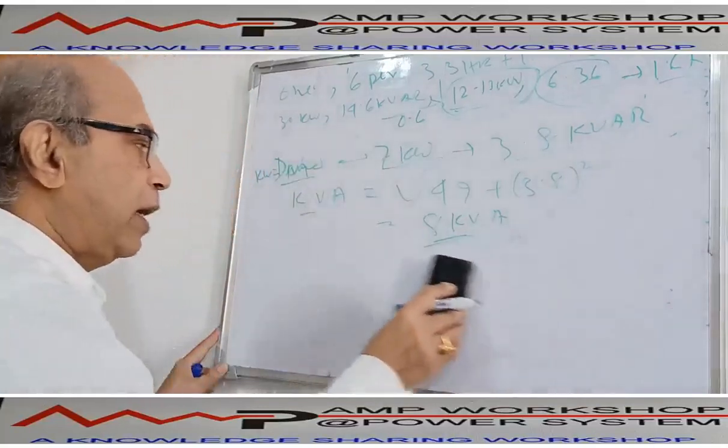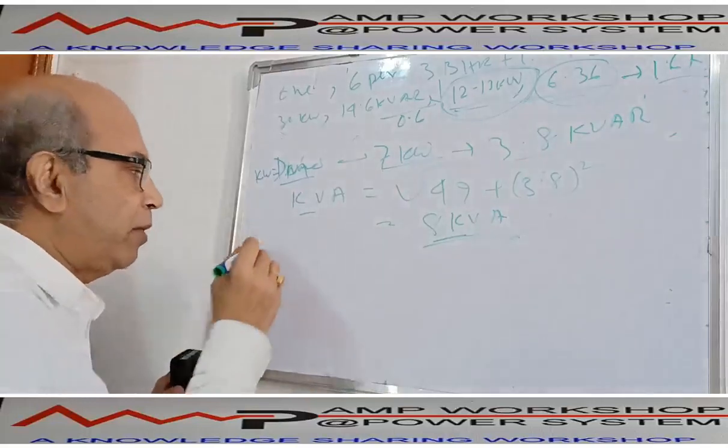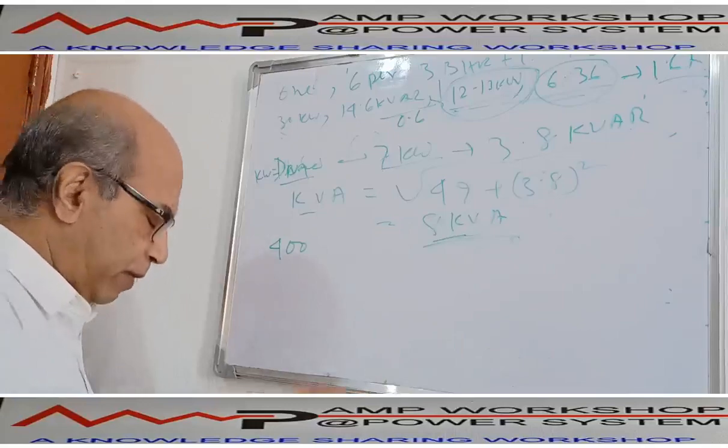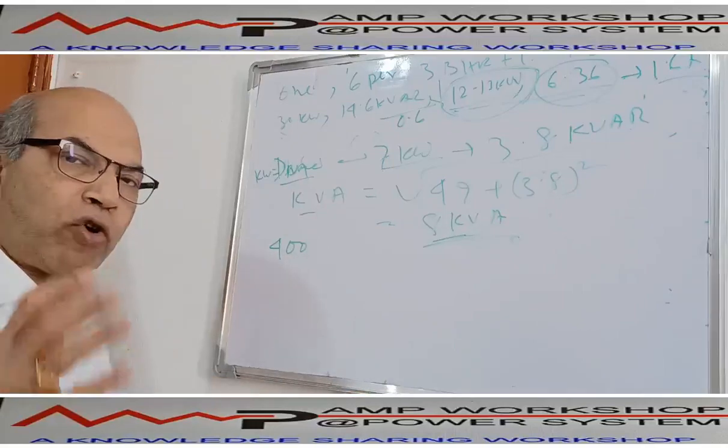Now we have to see the entire apartment. How many apartments do we have? We have a total of 400 apartments. We have said already, out of this 400 apartments, all the apartments are not occupied by 6